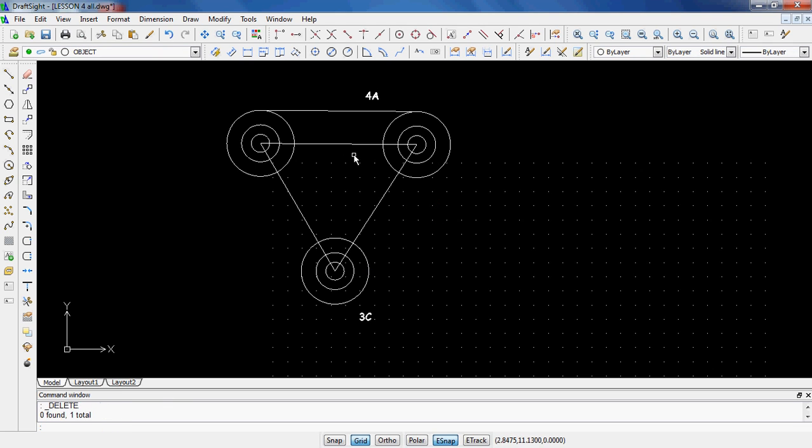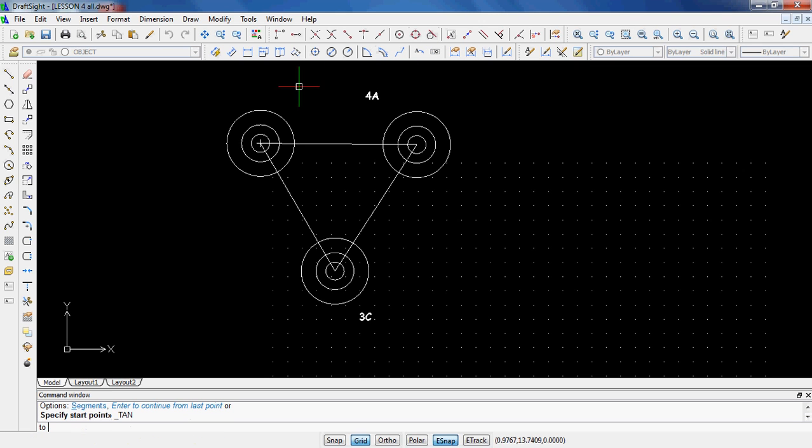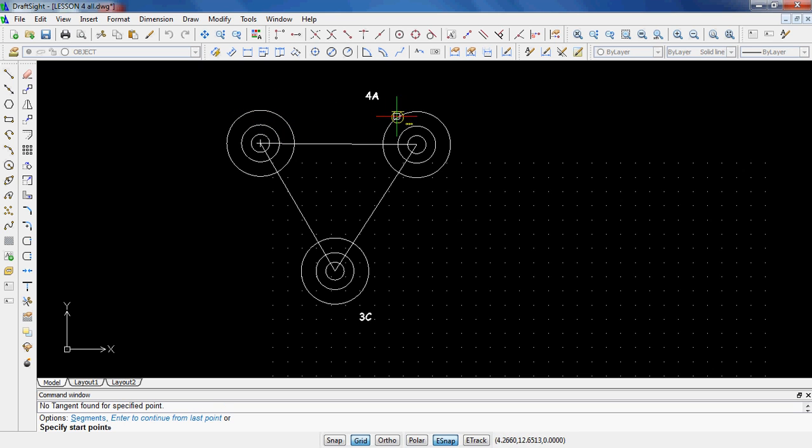So I'm going to go ahead and delete both of those just to make sure I do this the right way. And here would be the proper way to do it. So I click on line, and the very first thing I want to do is, you see the square, that is snap to quadrant. There's another one that looks like a circle with a line on top of it that is snap to tangent. And here's snap to tangent up here. So I've already clicked on line. Now I click snap to tangent, and now you'll see no matter where I go in the circle, I have that tangent symbol. And I click on this, and I go over here,